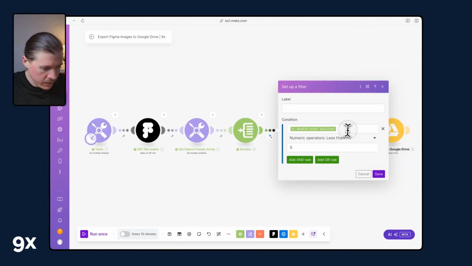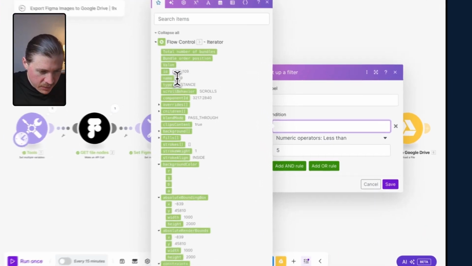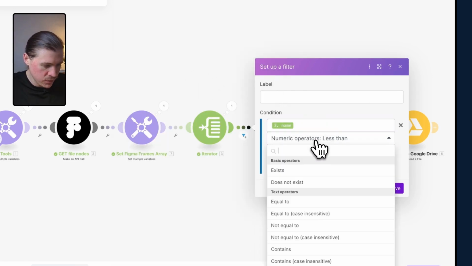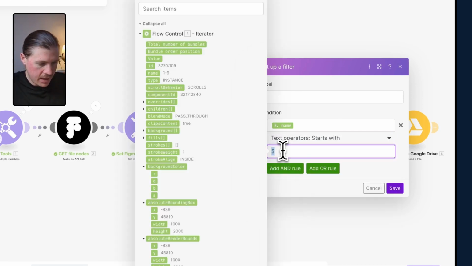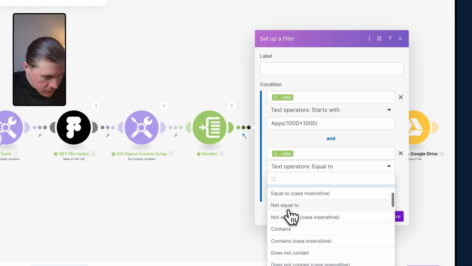So in Make, what I'm going to do is instead of doing this based on the bundle order position, I want to filter based on the name of the element. And you can see here the one it's suggesting is actually one of those placeholders that we want to get rid of. So I'm going to do two things. First of all, I'm going to say where the name starts with, and paste this one in and just remove the name. So where the name starts with apps 1000 by 1000 and, again, the name does not equal,